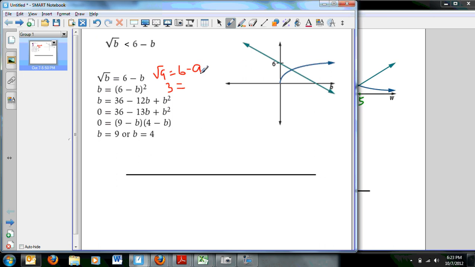6 minus 9 is negative 3. So actually that value doesn't work. So that's the one that we call an extraneous case. When we squared it, we're bringing in more solutions that aren't actually true in the original. And it's not a bad thing or anything, but we just needed it to get to our correct answer, which